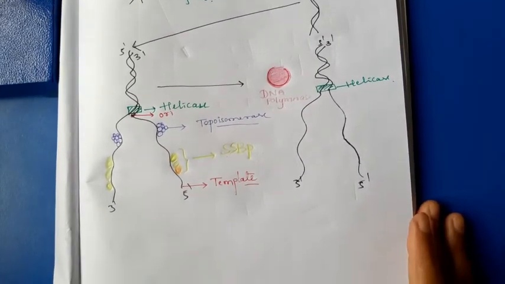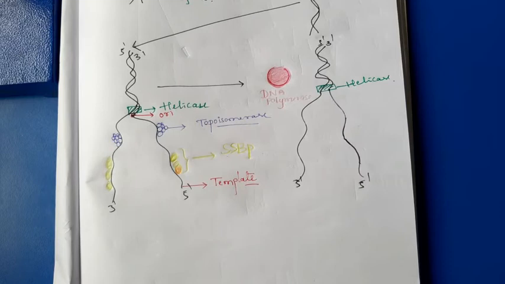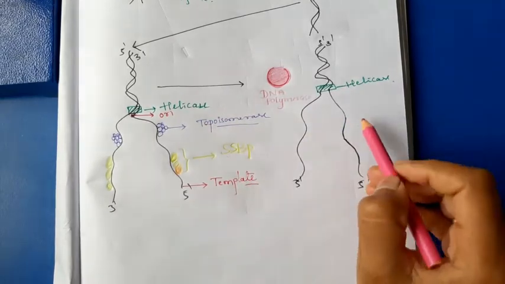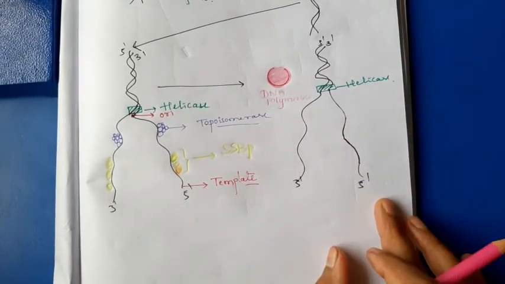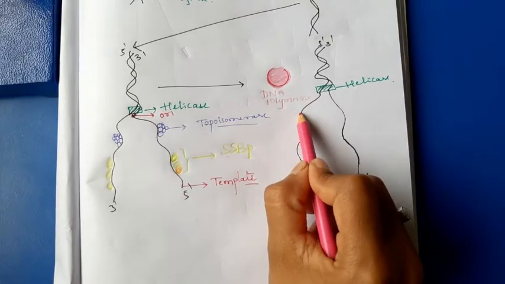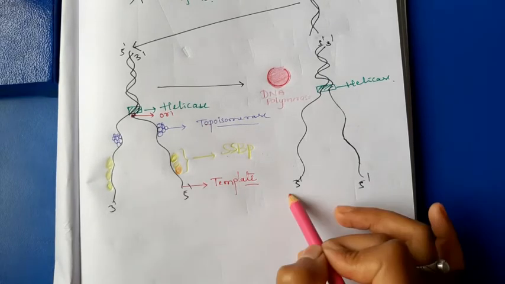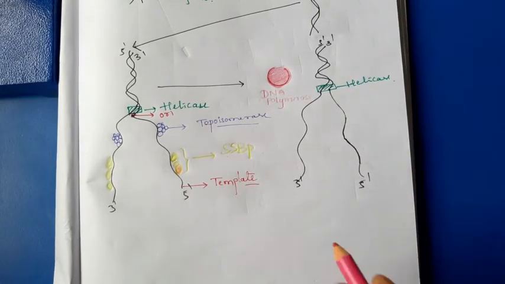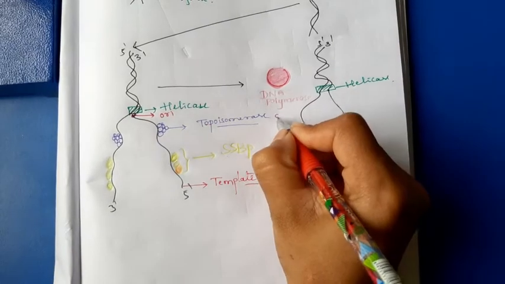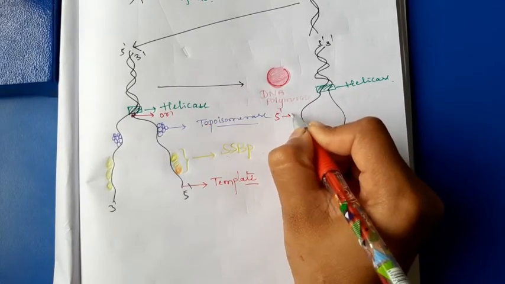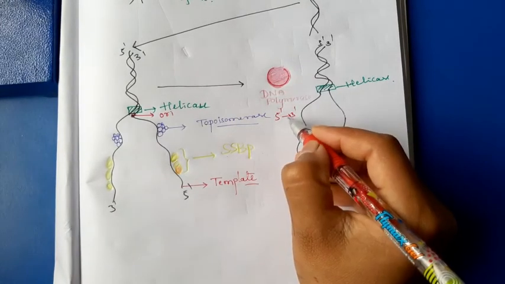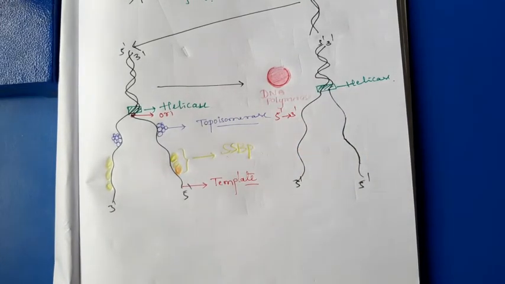If you want to take work from DNA polymerase, it has many conditions. What are those conditions? DNA polymerase works on single stranded DNA only, and that is already ready. Then DNA polymerase always works in the 5' to 3' direction, which is also ready. Then the third condition is very important.